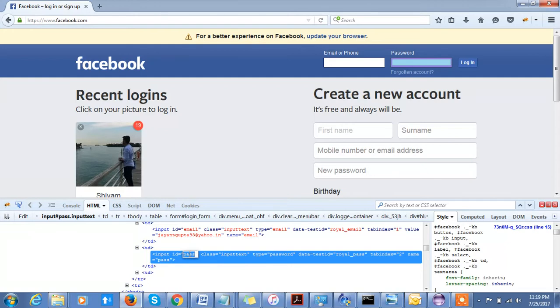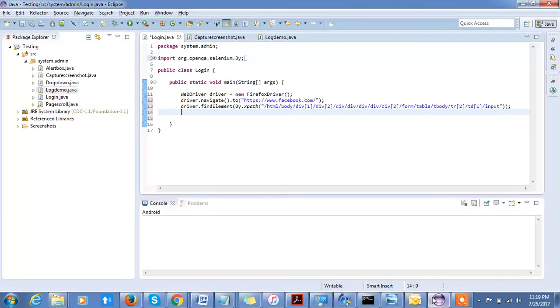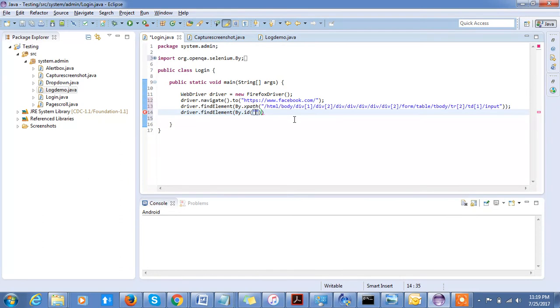Copy the ID from the highlighted text. This is an ID, so just double click on it and you can copy it down. And now, the other thing is that we want to paste it inside our code. So it's driver.findElement, the same thing which we do in xpath, By.id, in double quotes, just put the ID which you have copied from your Firebug,